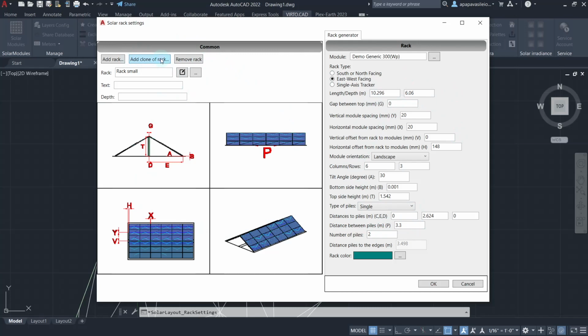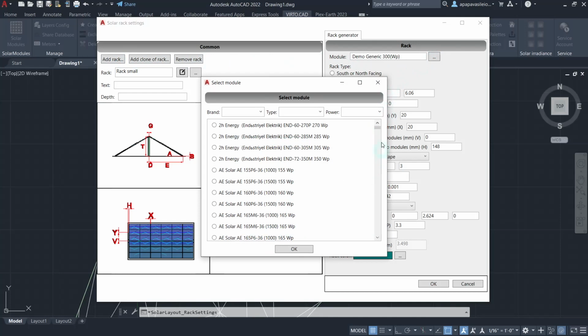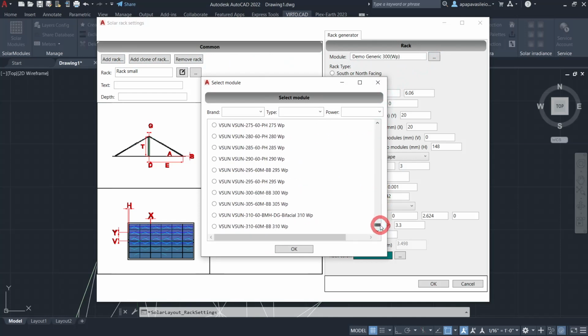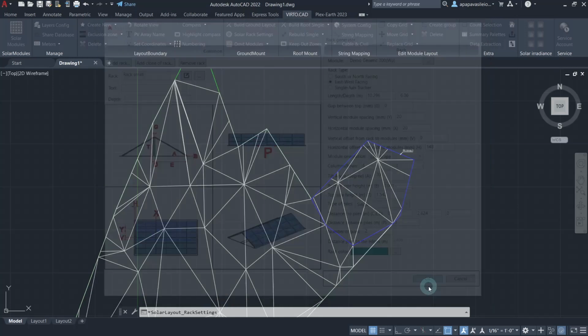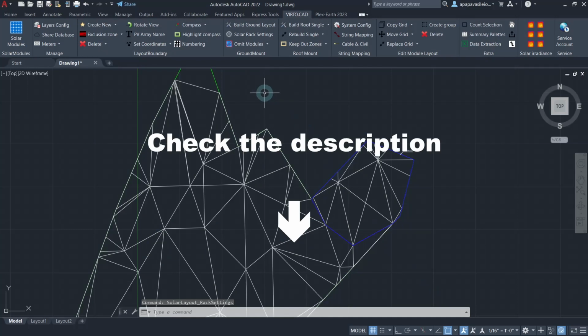And if you would like to specify a new rack, click on Add Rack on the Common section. Moreover, in the Rack section of Solar Rack Settings, you will be able to choose the model of your choice, as well as change the setting of your rack to better suit your needs. Again, for more information on how to set solar rack settings, you can check the related tutorials from Virtocad.